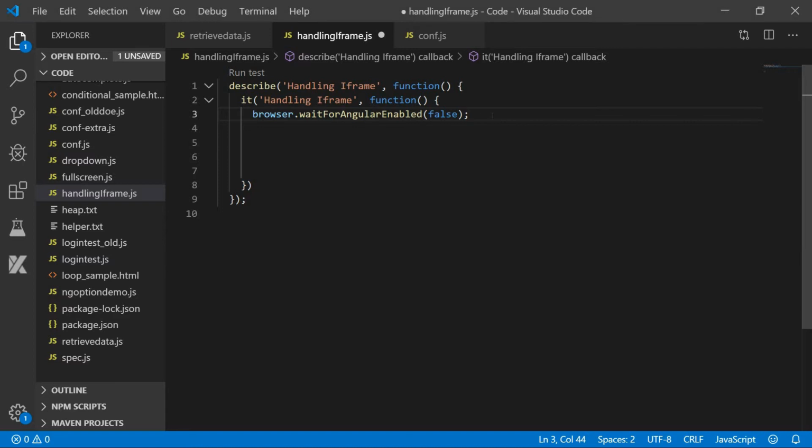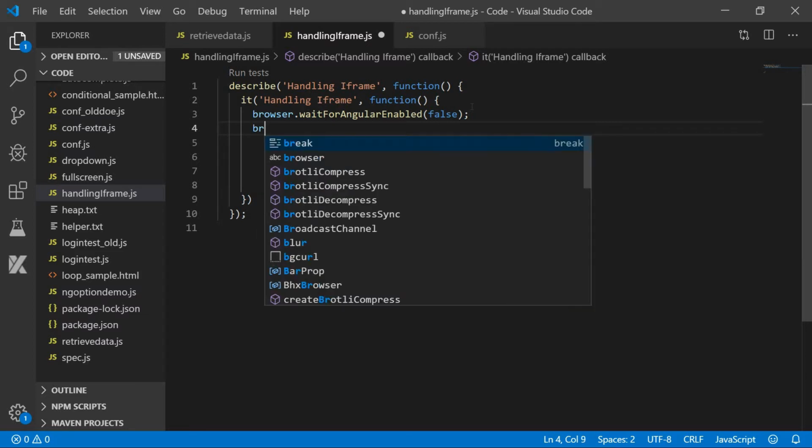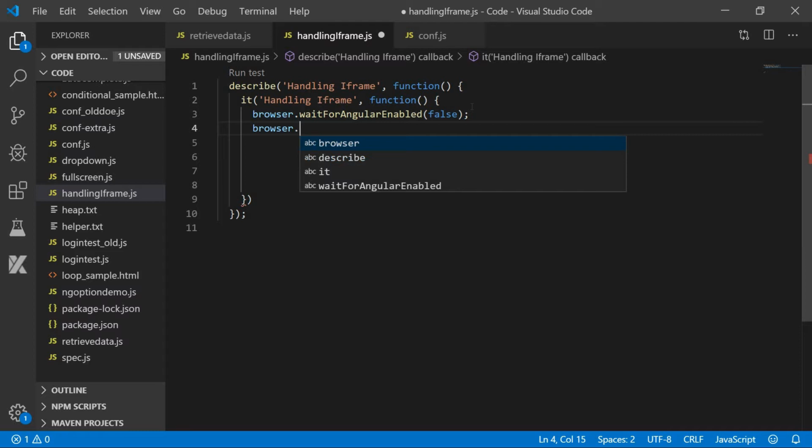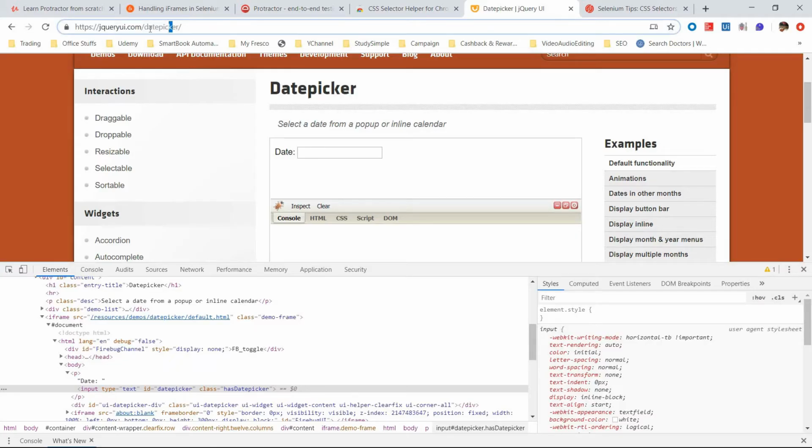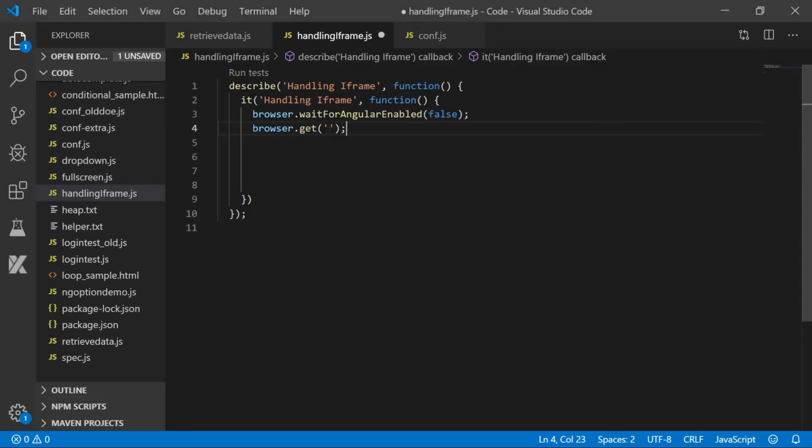So let's begin automating this website using Protractor testing. The first thing that you need to do is go to the website. You have already learned how to open a website. It is browser.get, and the website address we will pick from here. Just copy it and paste it there.